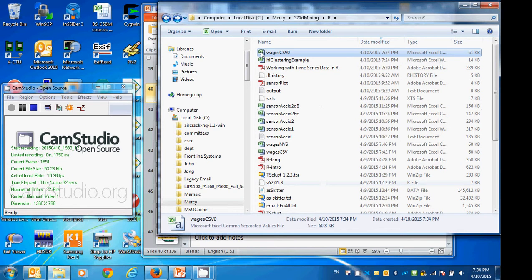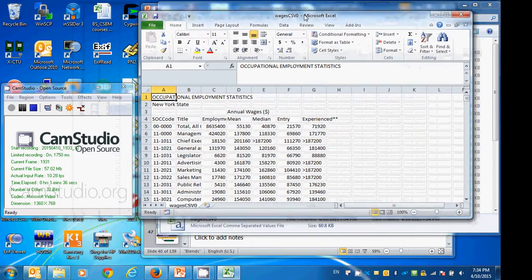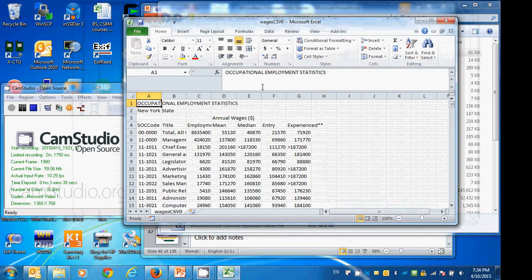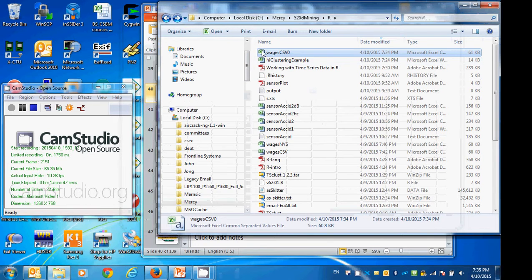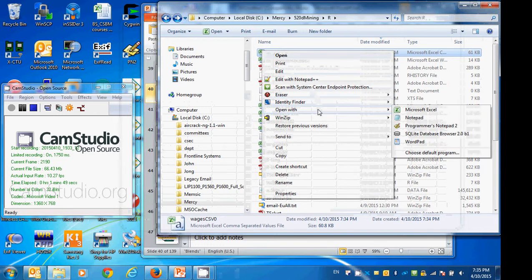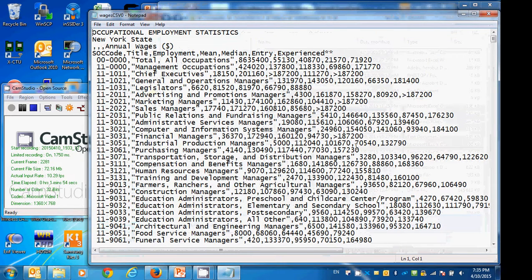So if you open this, what happens? You can open it using your Excel, or you can open it using your Notepad. Actually, Notepad is better, because this is a